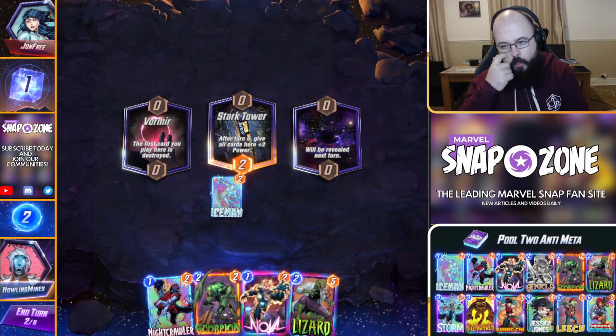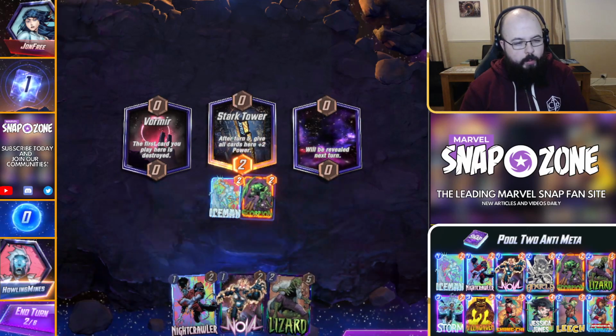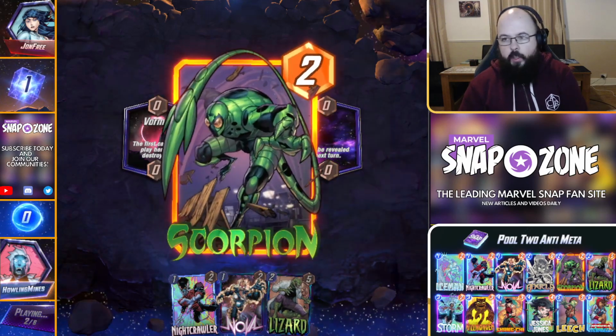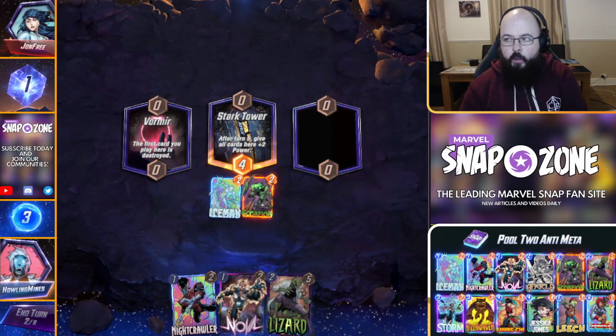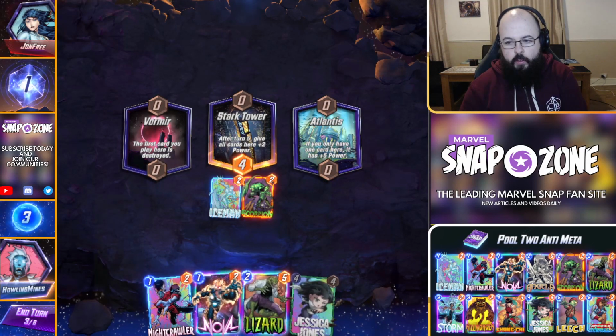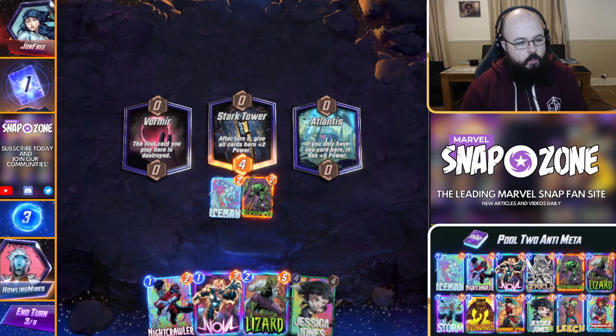Lizard. Lizard's pretty good, but I imagine it wants to stay out of Stark Tower. I imagine players will be fighting for this a lot of the time. So let's just Scorpion our opponent's hand. No contest in plays here early. Okay. So I'll go